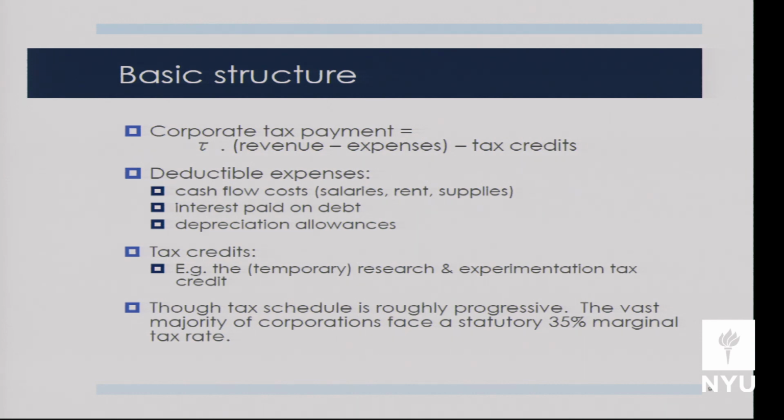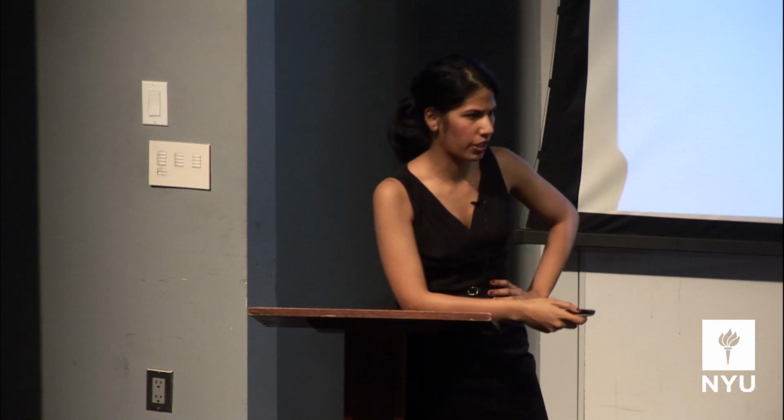And when it comes to the rate structure of the corporate income tax, Gruber has a chart that shows that there is some progressivity to the corporate income tax. Small businesses that are incorporated do pay rates lower than 35% on their marginal dollar of income. But every firm you've heard of, their marginal statutory rate is 35%. It goes to 35% very quickly. And you can look at that graph to kind of see where the cut points are.